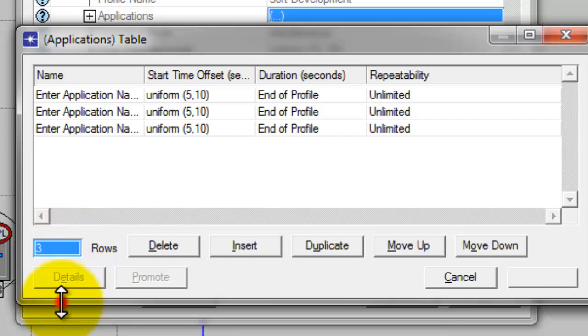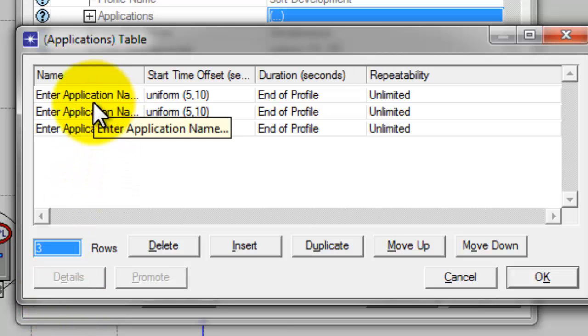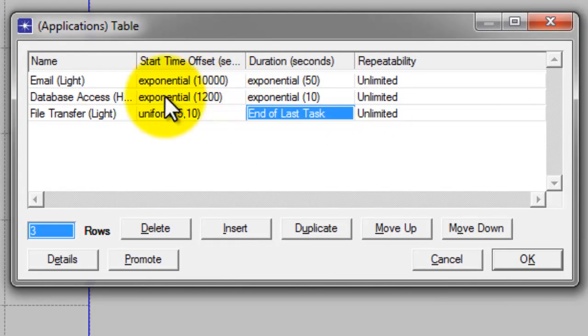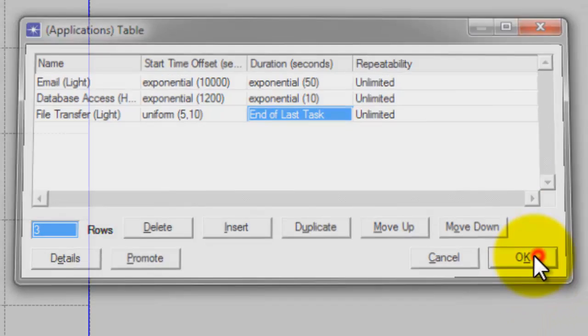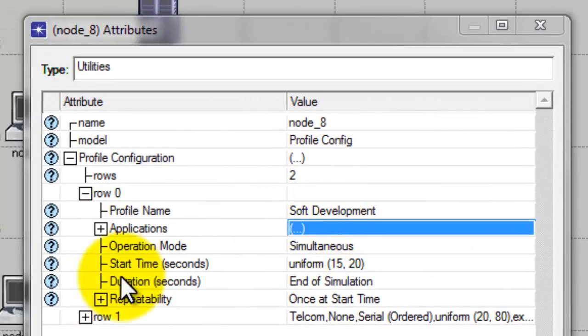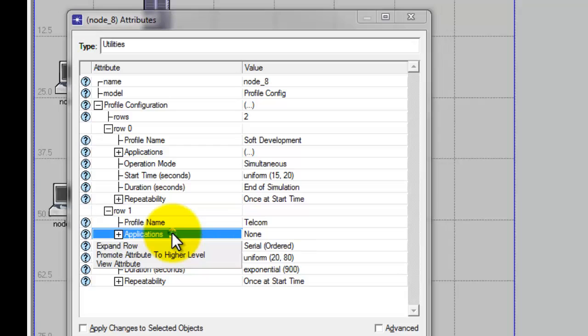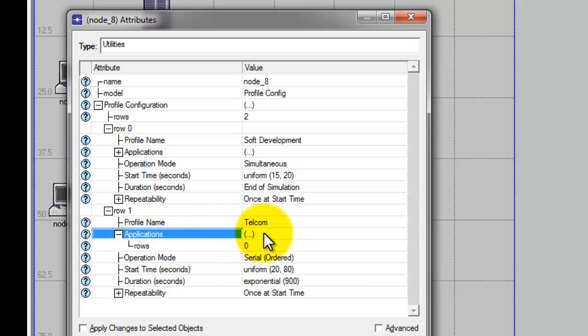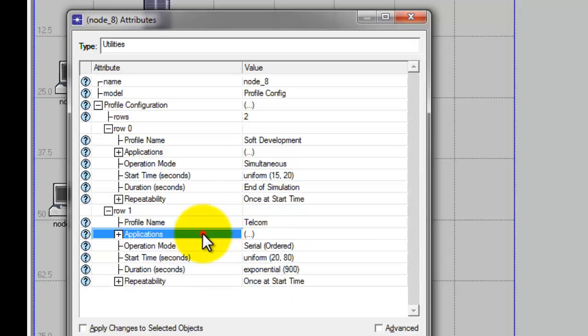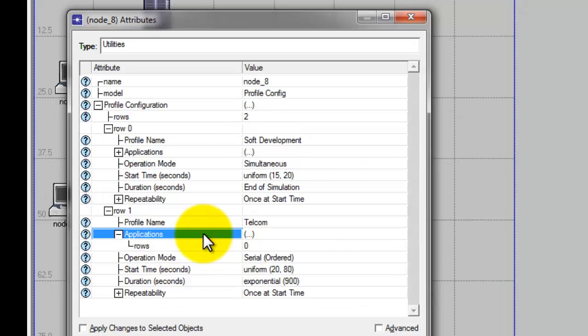Select the number of rows as 3 and then give the following details. Here we have given the details, so please note them down and type in these details or select the details as they are given over here and then click OK. So for the first one it has been selected. You need to repeat the same for the second one, or no, not the same. I'll tell you the details of what you have to do. So we'll just double click on it.